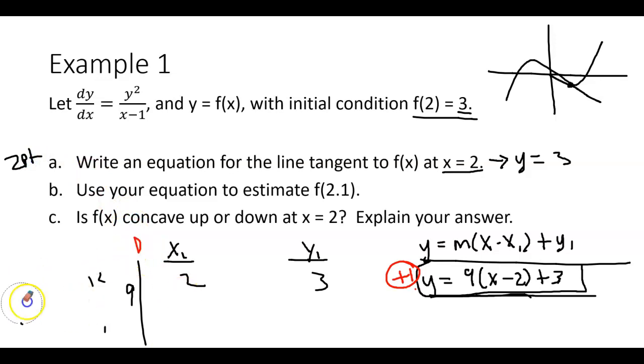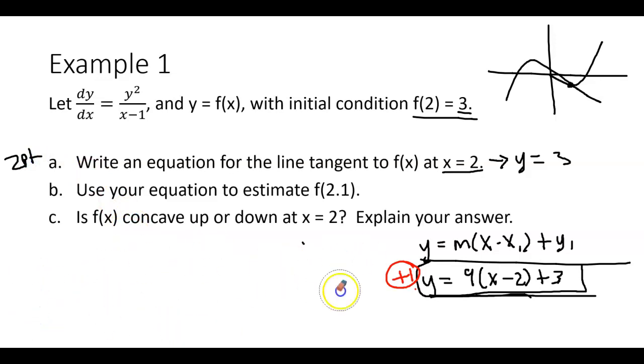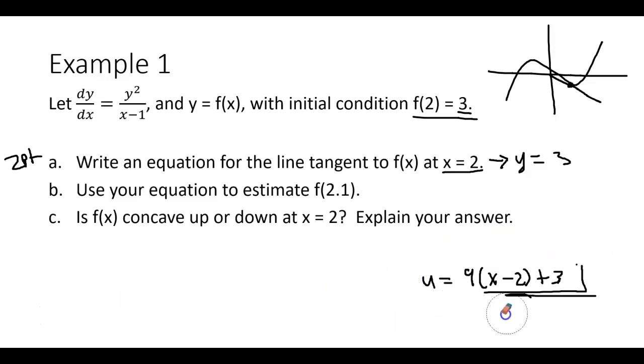Now the next thing that this problem is asking us on part B is they're asking us to use that tangent line to make an approximation. So let me explain what we mean by that. So the tangent line touches this function at a point. And as you guys can see, anytime that tangent line is really close to the function, this straight line is very close to this curve so long as we're really close to that point of tangency. So a tangent line can be used to estimate the y value or even the slope of your original function so long as you're close to this point of tangency. It won't be exact, but it can be close.